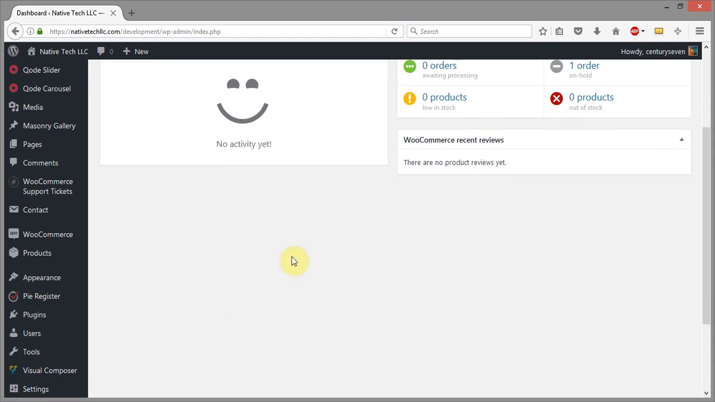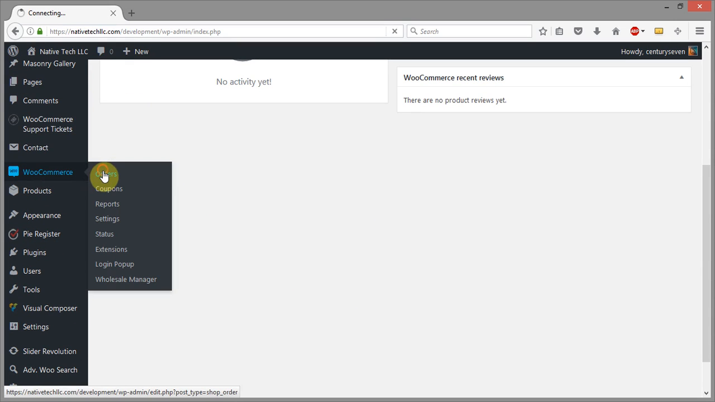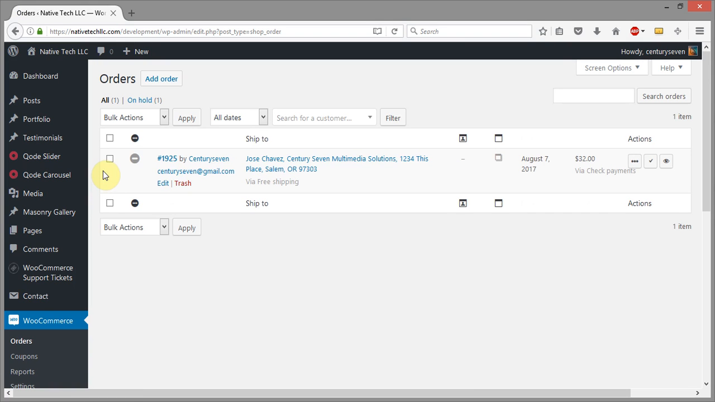Once that happens, you want to come in here to the dashboard, over to WooCommerce, and click on Orders. And once you do that, that's going to take you here to the main order screen, and you're going to see the orders available. Right now, the order is going to say on hold. Usually, this will actually say processing, but we're using just a test gateway right now, so it puts the order